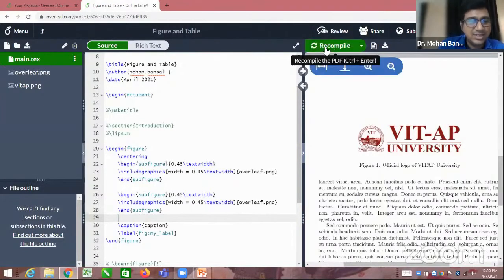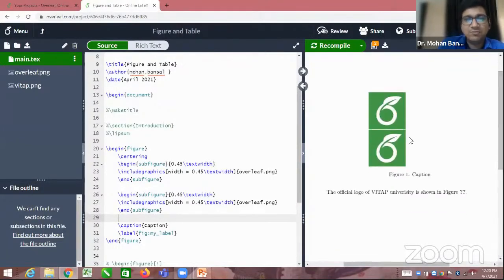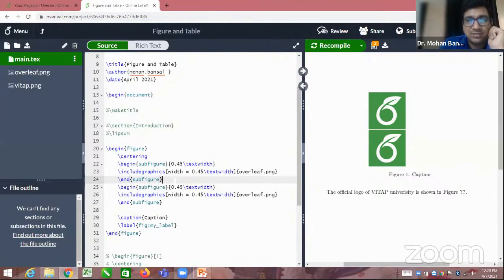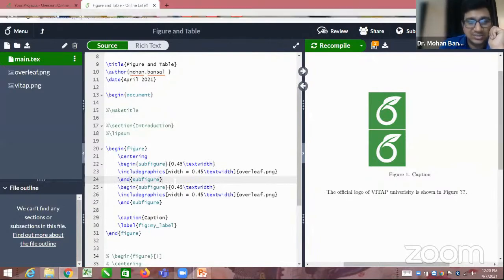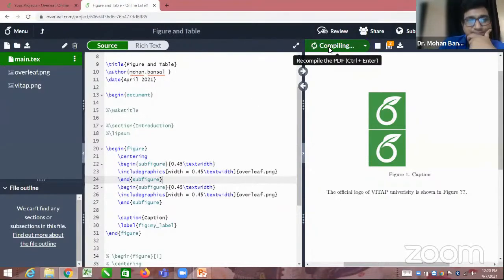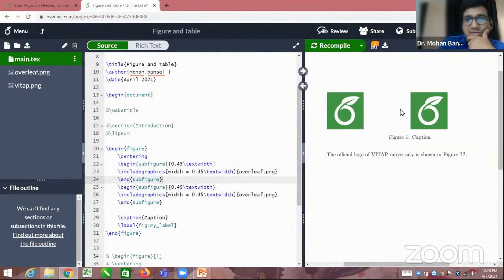Recompile it, and in recompiling you can see how figures are placed up and down, top and bottom, and we have very little gap between the images. So if you want the figures side by side, you remove this gap, because one gap is taking the next line. This is demonstrated by Vikas Krishna sir in the session. So you remove this line and you recompile it. You can see this figure.